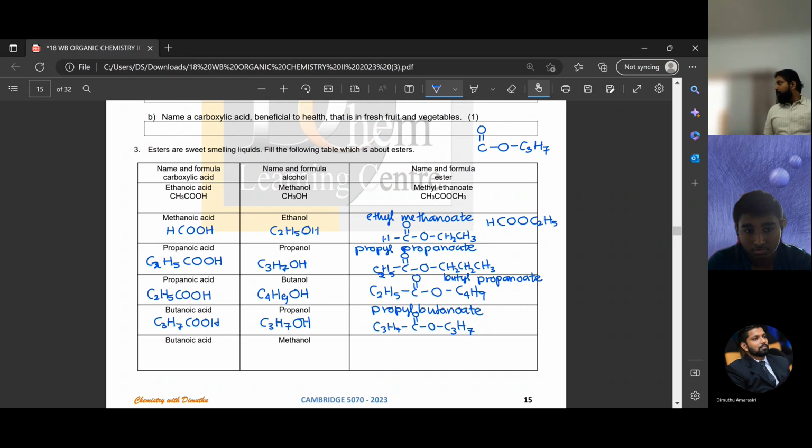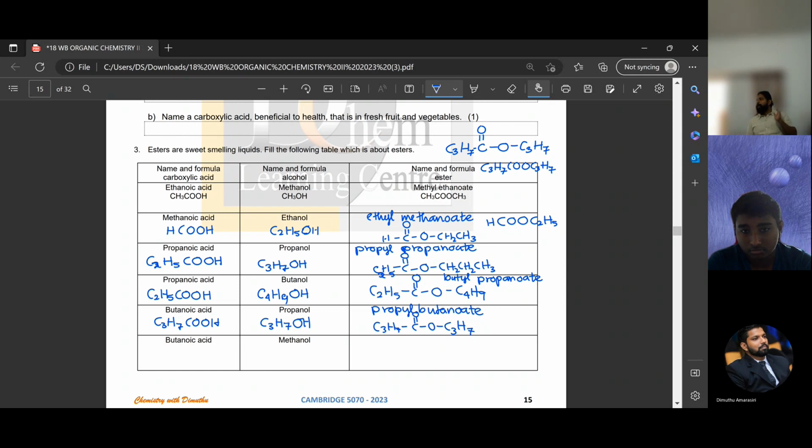It's butanoate. You have to be careful here, there is a carbon already in the carboxyl group. Therefore you have to put how many carbon? 3 carbon. Again C3H7. You can write this as C3H7COOC3H7 as well. Better, if they ask to draw the structure, we should draw the carbon